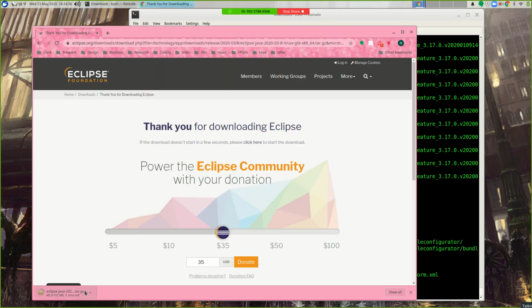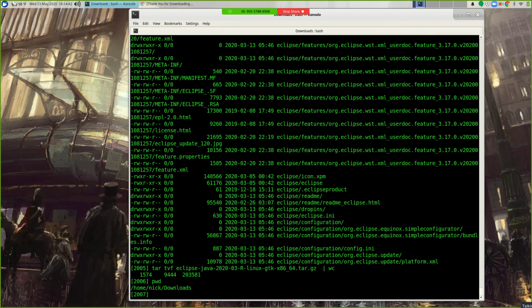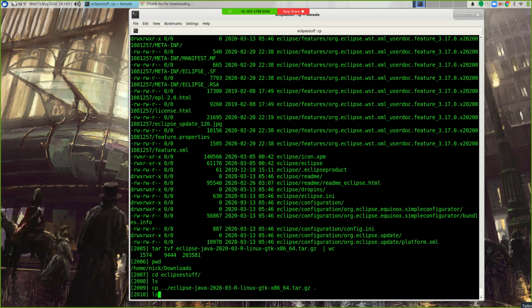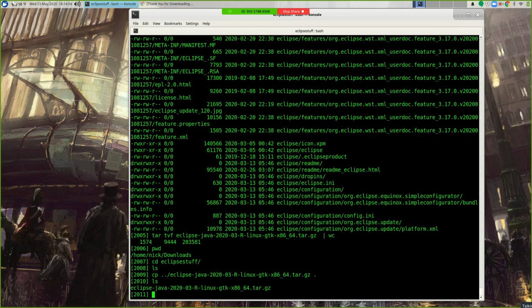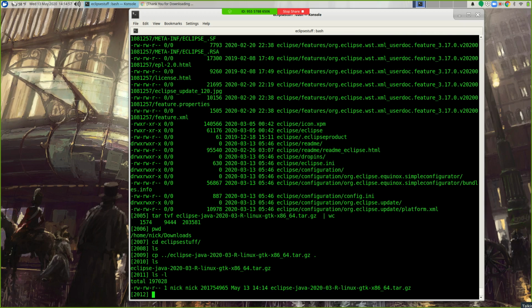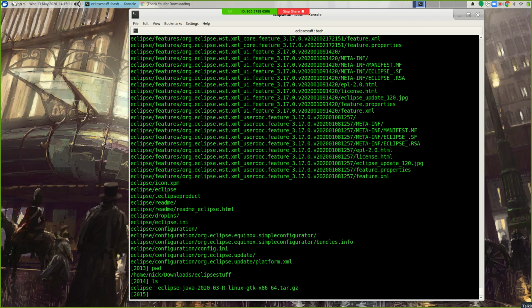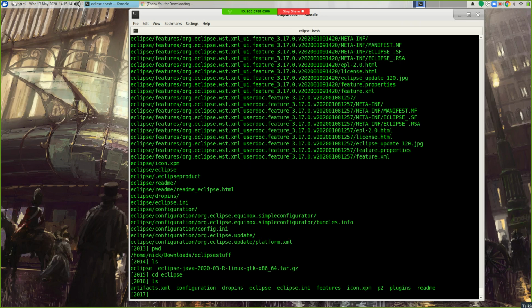And I'm not going to wait for this download to run because my network speed is really slow. So I'm going to pretend that I just did this download, and hey, there's my TGZ file. So 200 meg. So I'm just going to untar it into my current directory. So tar xvf and the name of the archive, and it'll unzip it for me. And this will give me an Eclipse subdirectory. And this is where my executable Eclipse is.